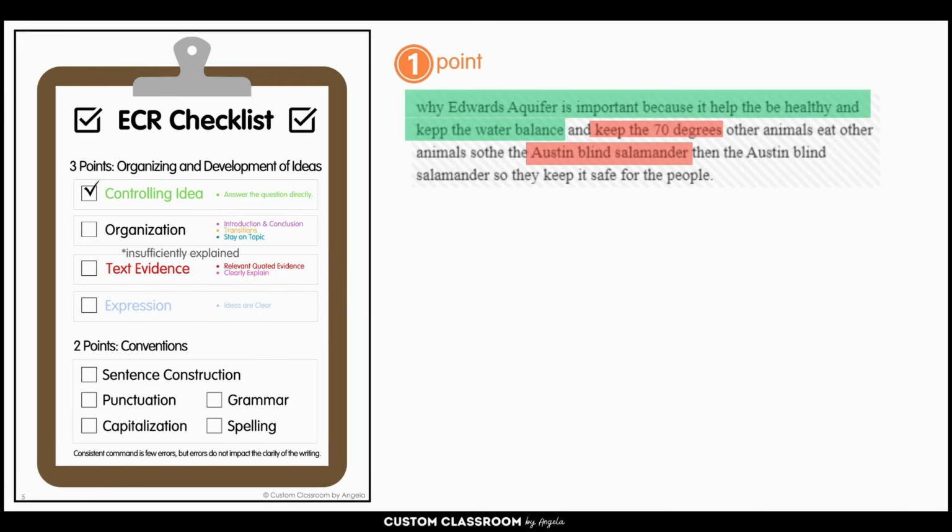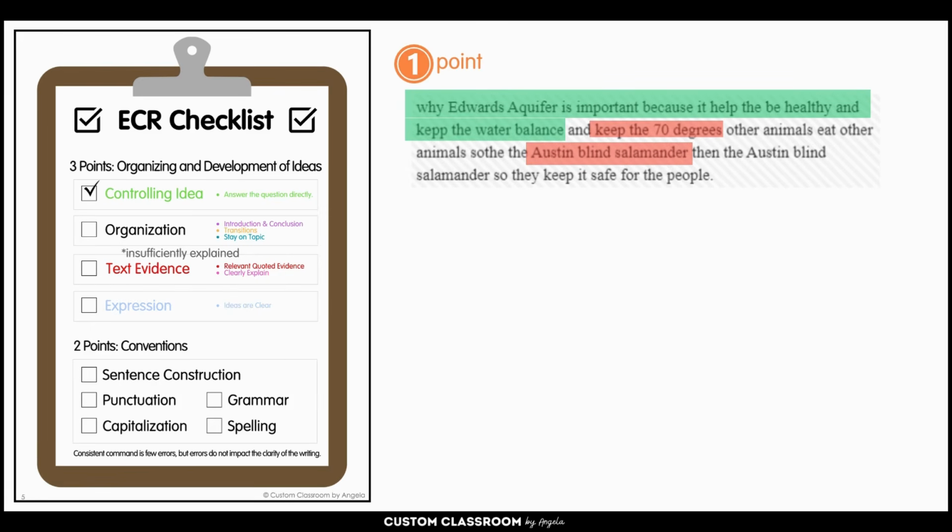So here we can see that the student only scored 1 point. They did actually answer the question, which is that they think it is important because it keeps the water balanced and healthy. They did include a couple components from the text about keeping it 70 degrees and the Austin blind salamander, but there is not enough and it's not sufficiently explained, so they don't get any points for this piece